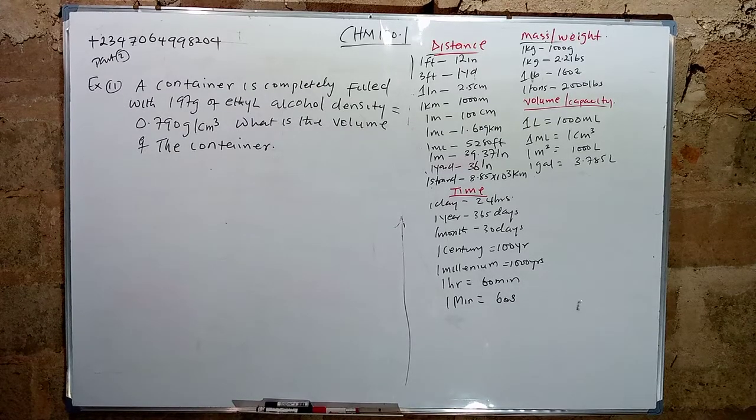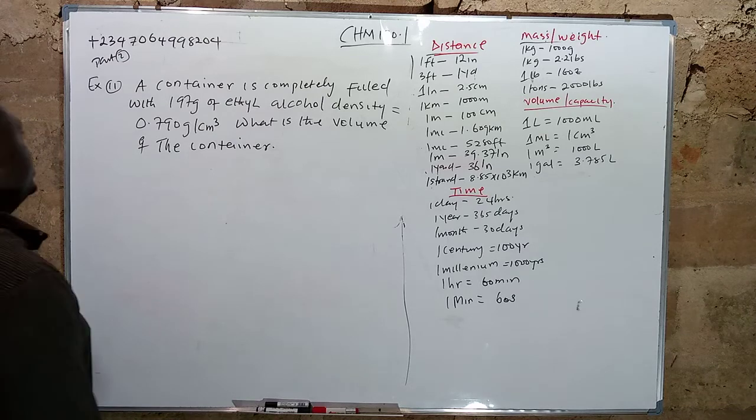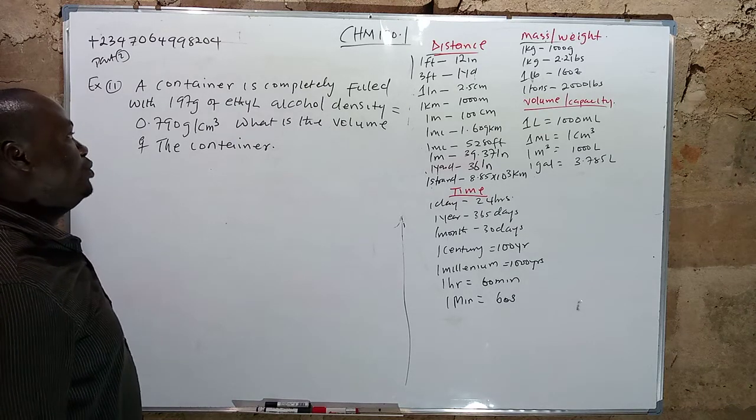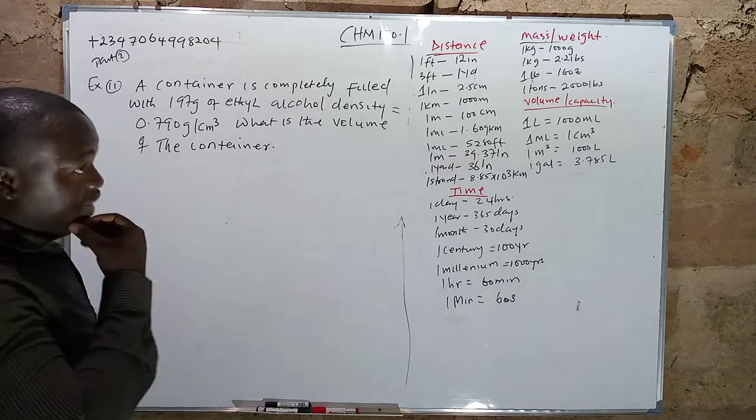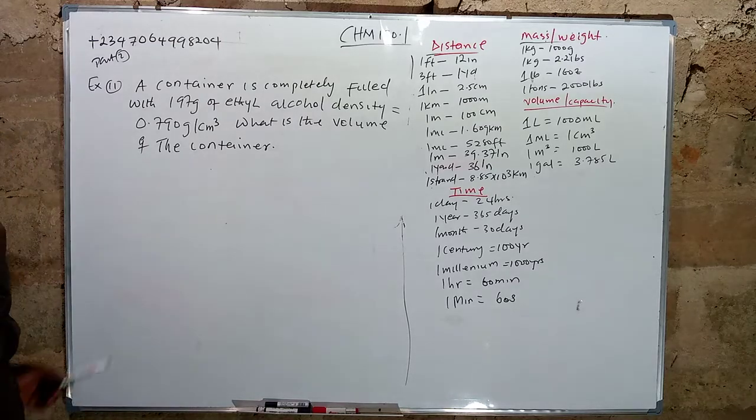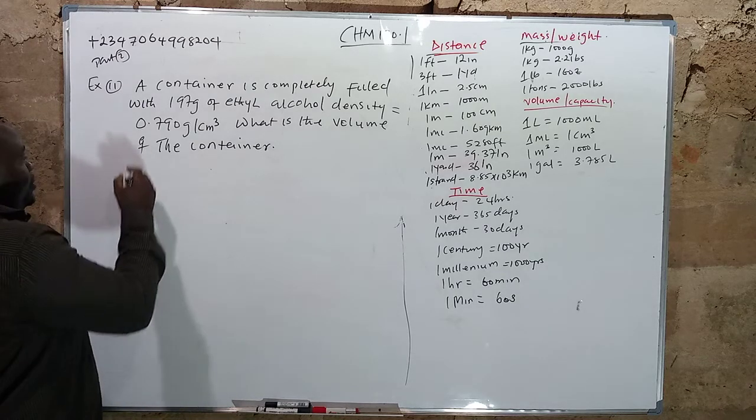Look at this question above. A container is completely filled with 197 grams of ethyl alcohol with a density of 0.79 grams per cm cube. What is the volume of the container? Now, this kind of question, you know that the volume is always in cm cube. So of course you start with what they have,